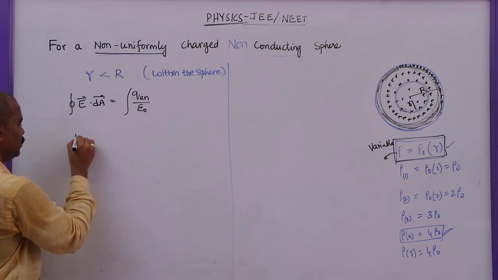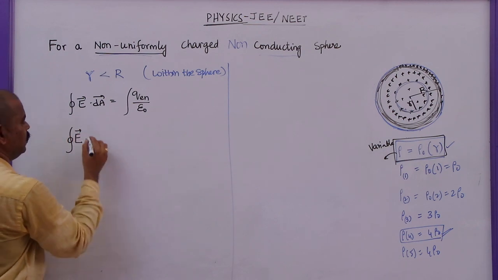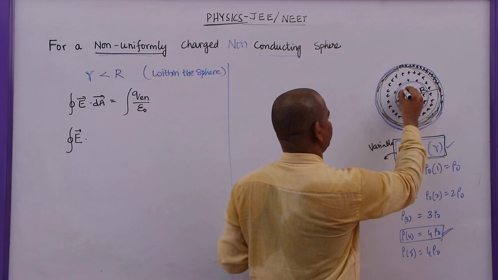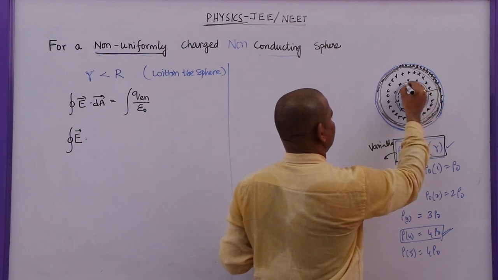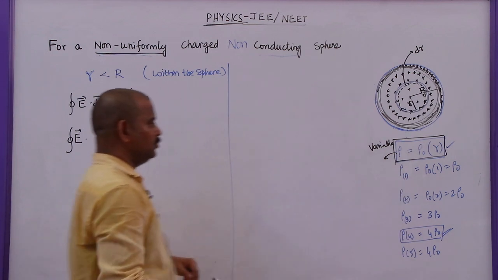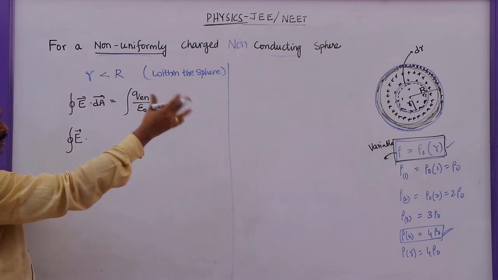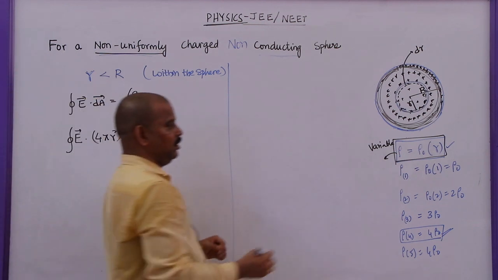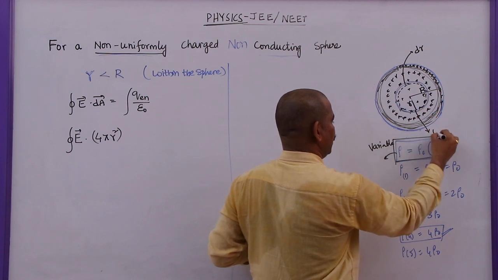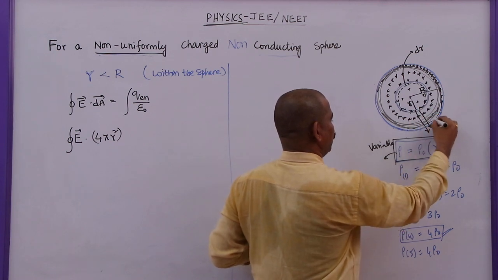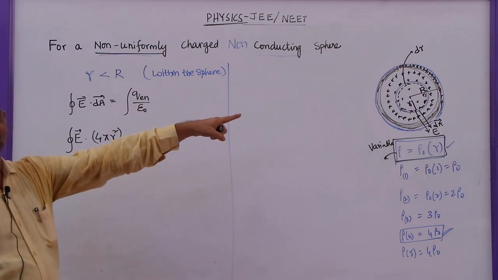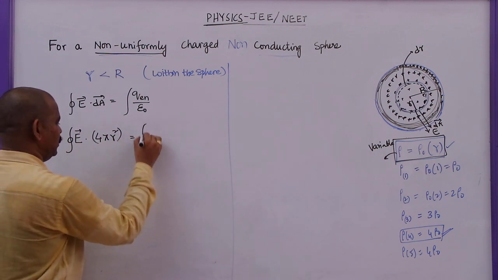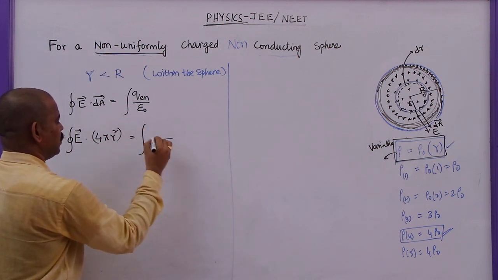So this is integral of E dot dA. Let me take a small volume here with a small strip of radius r, and the thickness of this one is dr. What is the surface area of that small sphere? It will be 4 pi r square, and we know that at every point the field will be outwards and the area vector is the outward normal. So the angle between E bar and dA bar is 0, so this is cos 0, which is 1. So this is given by the integral with epsilon naught in the denominator.